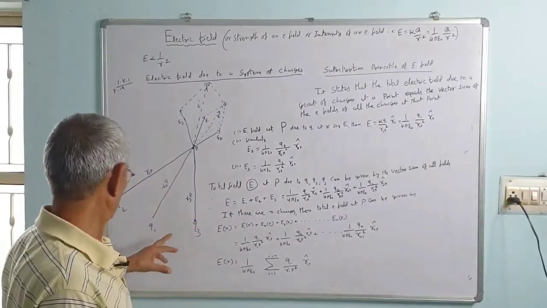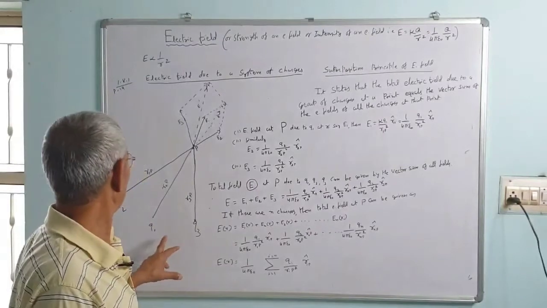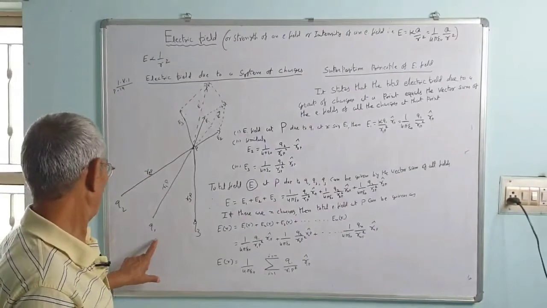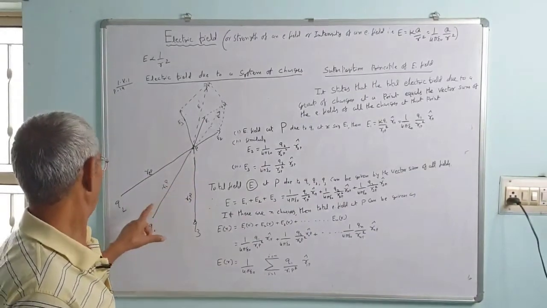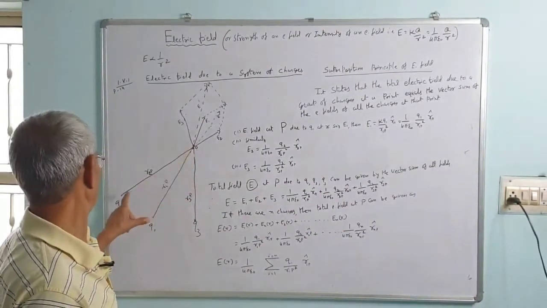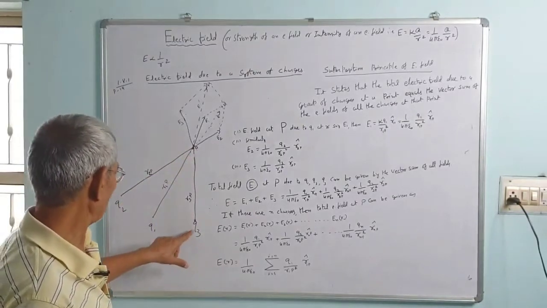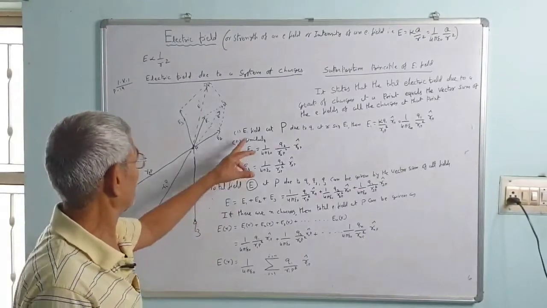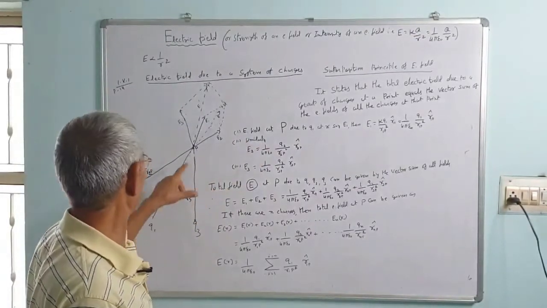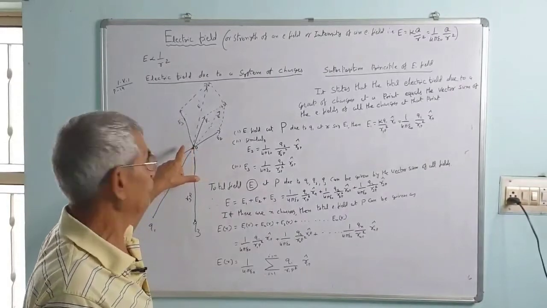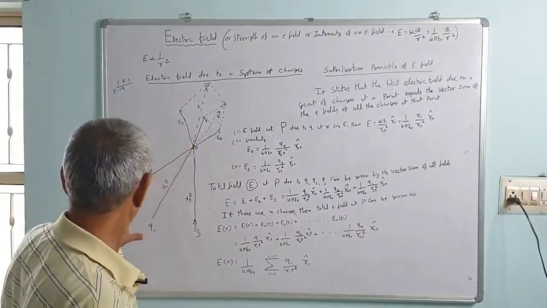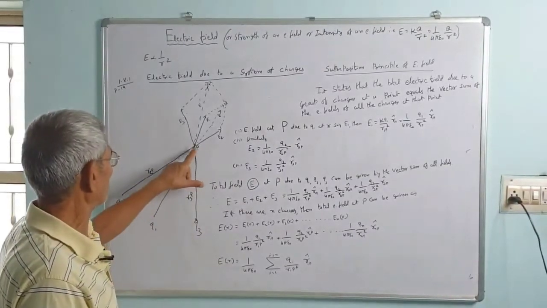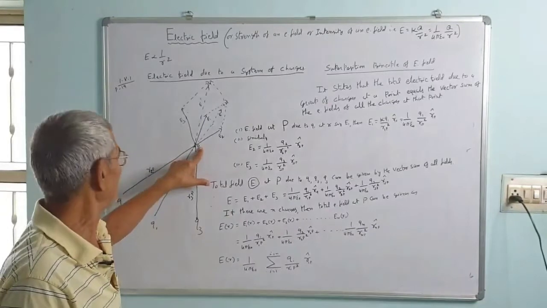Consider three charges Q1, Q2 and Q3. We want to calculate the electric field. The position vector of Q1 at P is R1P. Position vector of Q2 at P is R2P. Position vector of Q3 at P is R3P. We know that electric field is the force that a charge produces on a unit positive charge placed at this point P. These all are positive, Q1, Q2, Q3 are positive. Here also at P we have placed the unit positive charge.